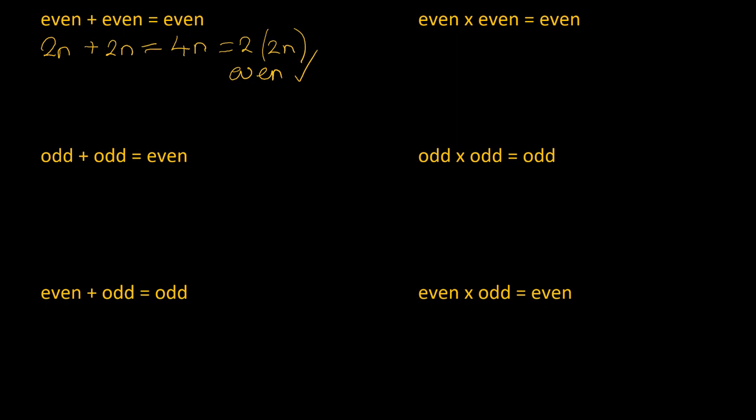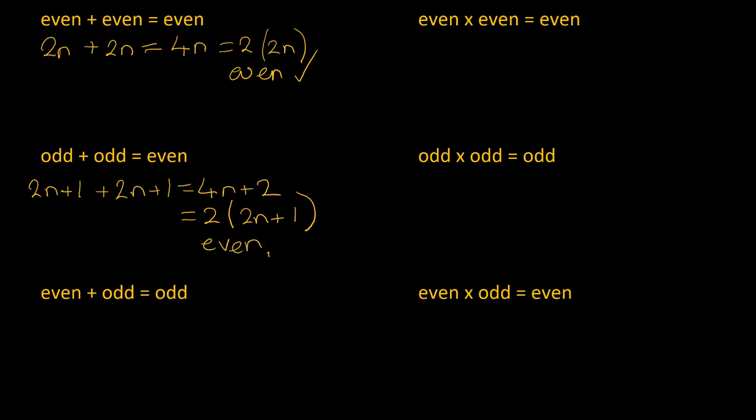We start with 2 odd numbers, so 2n plus 1 plus another odd number 2n plus 1. We add that all together, we get 4n plus 2, and you can factorize that again. So if we bring out the 2, we get 2 brackets n plus 1 in there. So 2 times anything is going to give you an even number. We're talking about integers, obviously, not decimals. So that's even. Now if we have an even number plus an odd number,